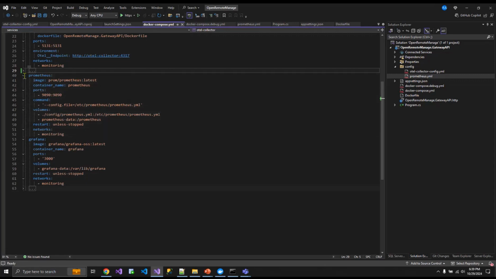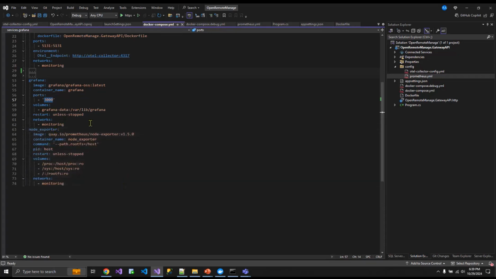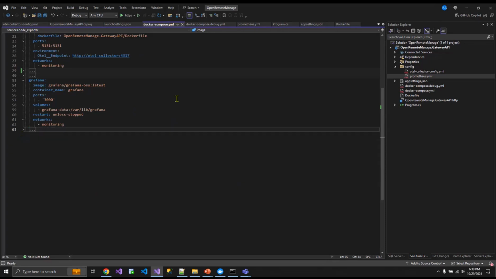The next is, like we discussed, Prometheus. And then the final one is just Grafana. I'm again pulling the latest image, giving the container name, saying to run it on port 3000 so that we can see the dashboard. And the final one is node exporter. This is mostly for node level details in a container environment. So once we have all these things set up, and after we bind it, we can run this using